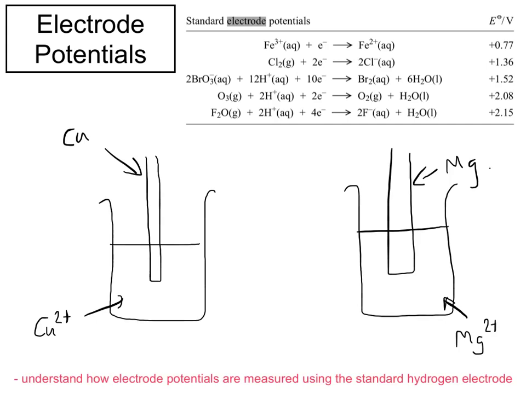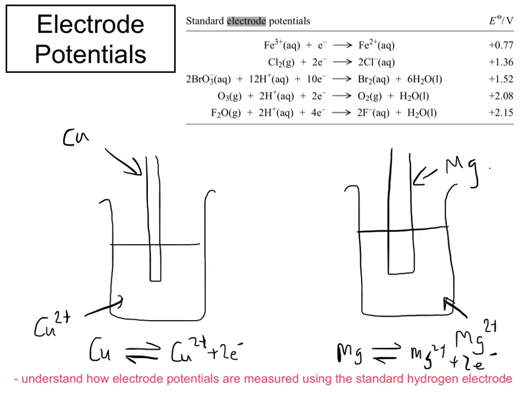Now in both of these systems there's been an equilibrium set up, both on this side and on this side, and these equilibria are Cu in equilibrium with Cu2+ and 2 electrons, and Mg in equilibrium with Mg2+ and 2 electrons. Now how far to the right or left this equilibrium lies is determined by essentially how reactive the copper or magnesium is. So copper would essentially, in most cases, rather be copper metal than copper 2+, and so there's going to be